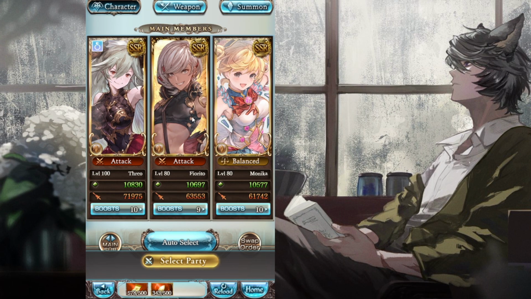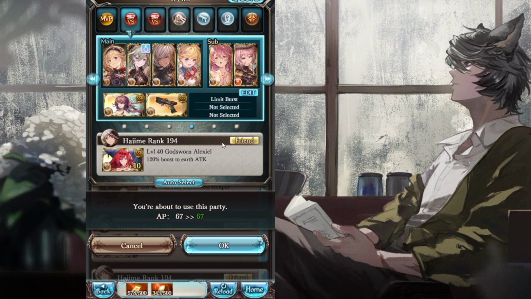Her charge attack is easier to cap since she's MD based, and because of that, I don't really need a particularly powerful grid to be able to cap with her. And same goes with Threo. She charge attacks super strongly because of the jammed effect as well, and that helps it reach the cap. So the reason why I'm using Monika, which I'll show you in a sec, is